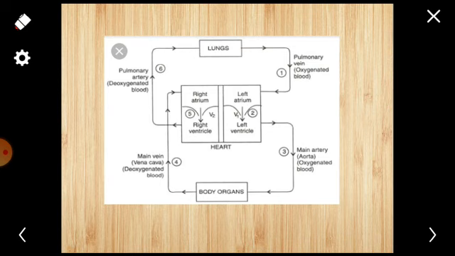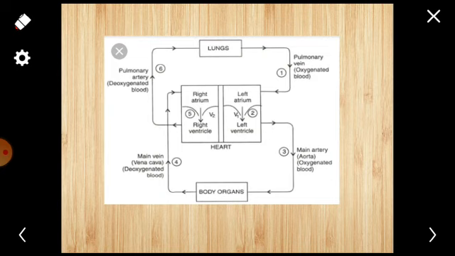So this way we can understand the double blood circulatory system in humans. This upper one has the pulmonary artery and pulmonary vein. So this upper circle is known as pulmonary circulation, and the below one, where the main vein vena cava and main artery aorta are written, this circulation is known as systemic circulation. So pulmonary circulation and systemic circulation, these two circulations make our double blood circulatory system.